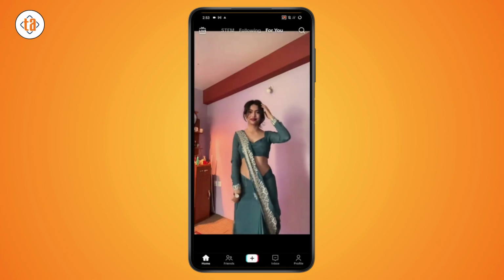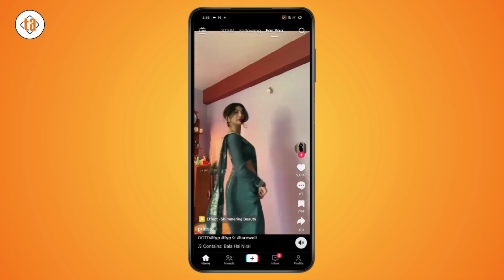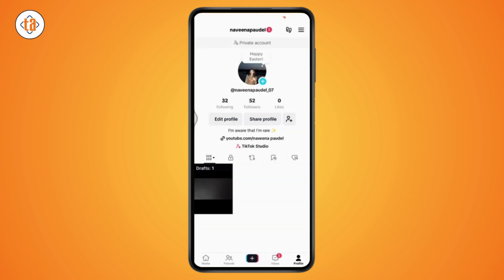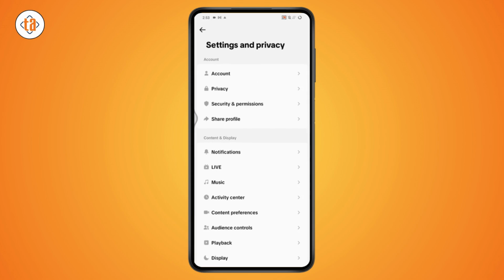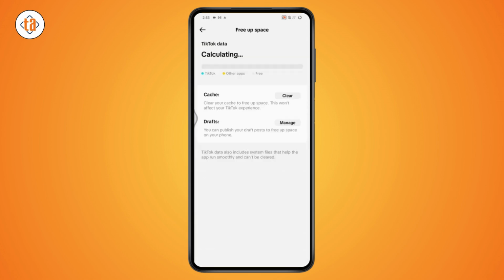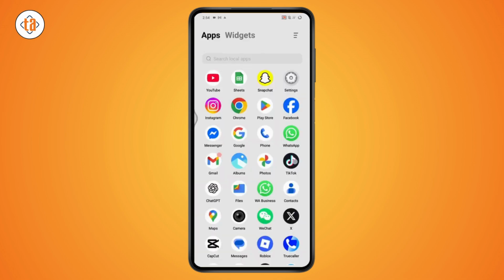But even after having the internet connection, if it's still not working, then you can go to your profile, which is on the bottom right, go to the upper right, which has the 3 horizontal lines, and then tap on settings and privacy. Under settings and privacy, you can scroll down. You'll have free up space, tap on it, and then tap on clear cache. Tap on clear, and once you clear your cache, now you can go back, tap and hold on to your TikTok,